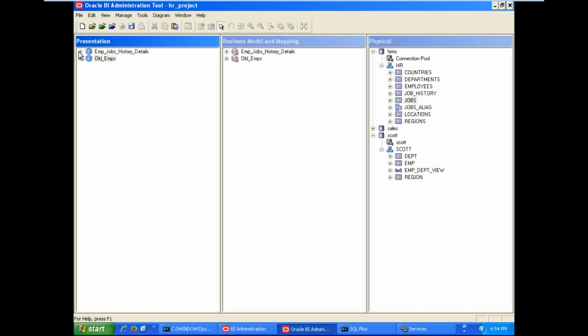The logical tables are treated as subject areas. Sorry, presentation tables in the subject area. What is a subject area? A subject area is a functional model. It is derived into end user readable format. Actually, business models are somewhat technical. Logically, we derived the business model. A business model has some technical terminology. We need to convert it into end user terminology in the presentation layer.